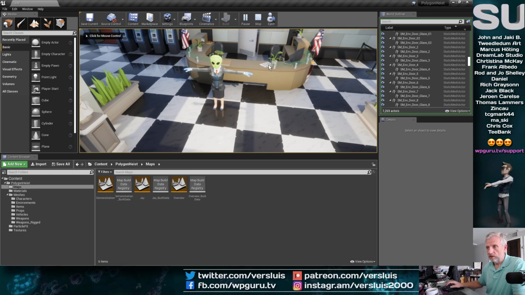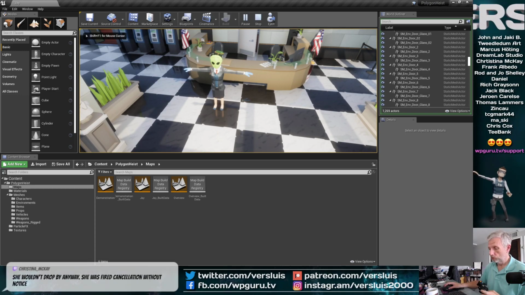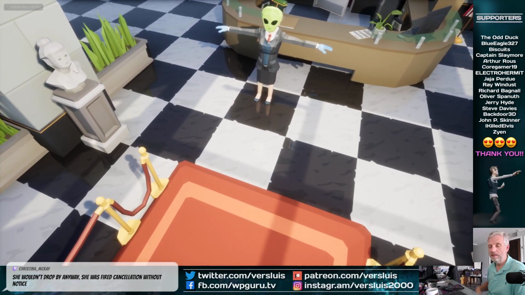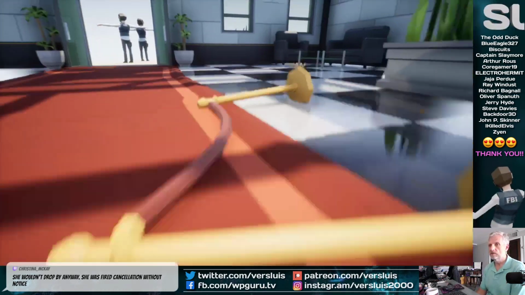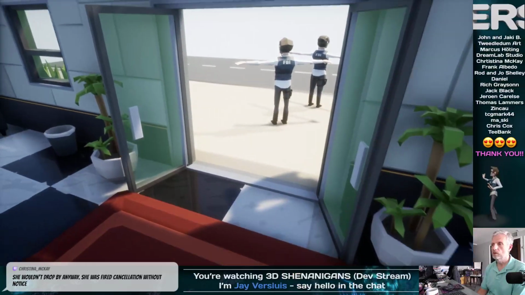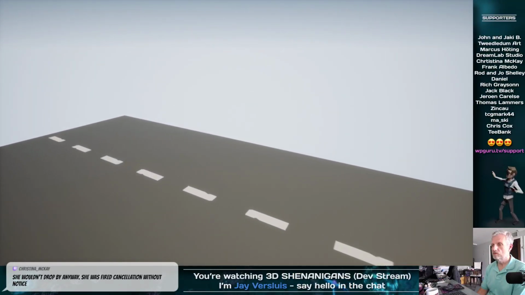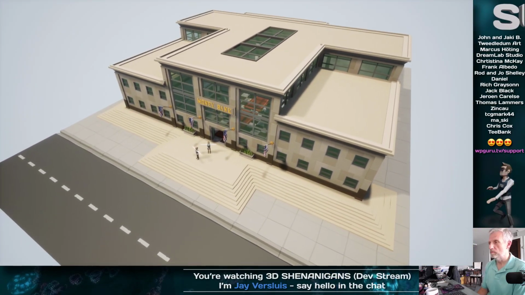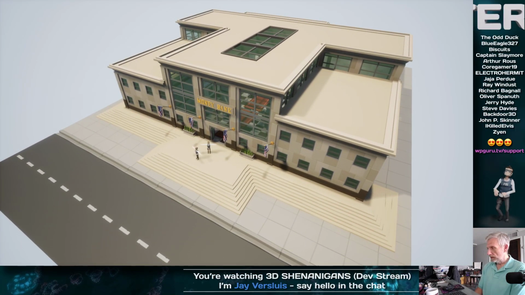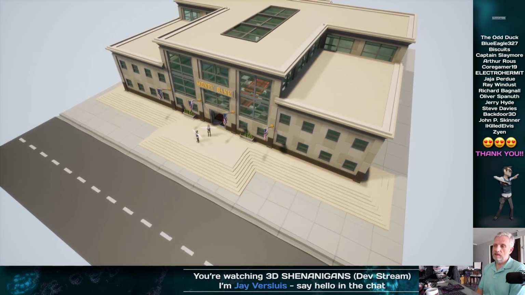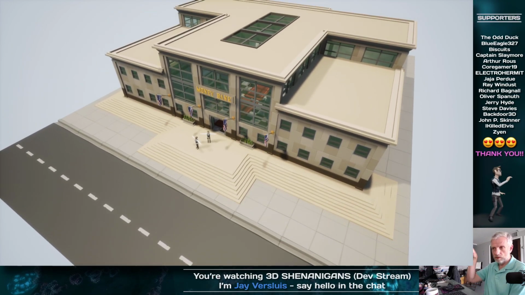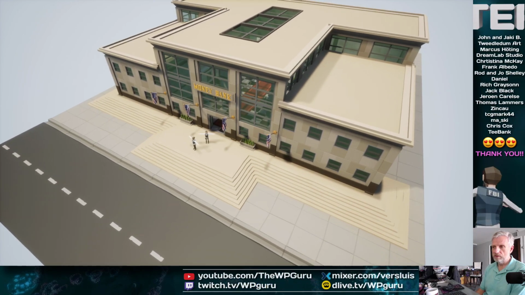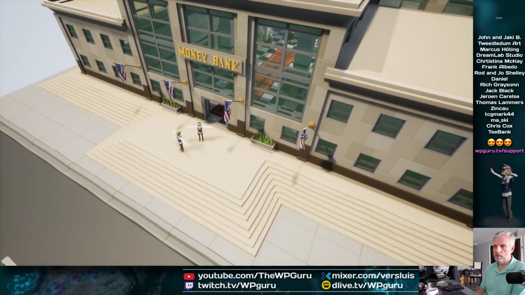So I'm using Unreal not for the animation. I'm just using that to visualize the whole thing and show you what I'm planning to do in Blender. So we're going to work in Blender, but I find the Unreal Engine is just so amazing for this real-time fly-through thing. So here's the scene. It's a kind of bank robbery type thing. And I'll start with the animation with my WP Guru logo that then chroma keys into this. So I will do a bit of a crash zoom from up here.